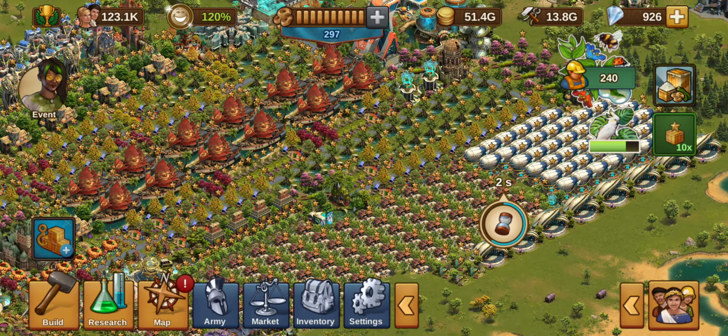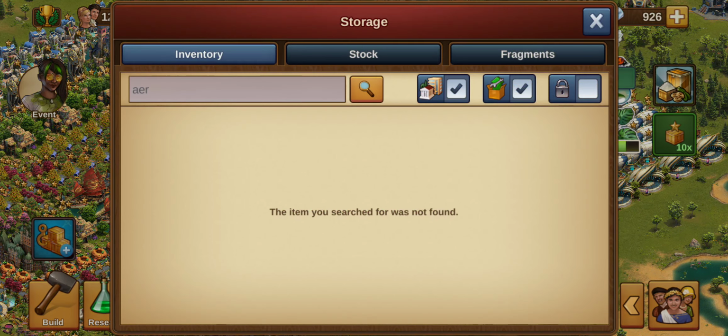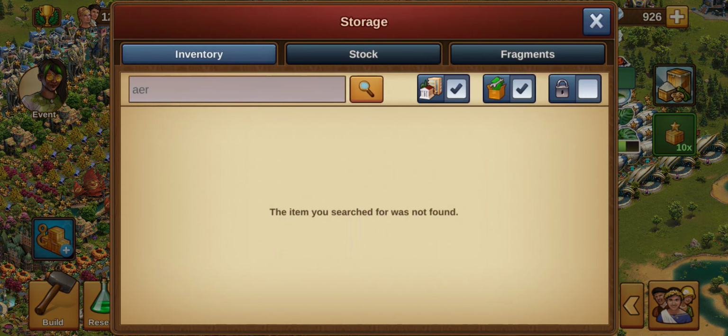So, finish special kits. Jesters are extremely underrated, in my opinion. It's 35 goods. There's no red stats on it. It's just blue stats. No forge points. Okay. 10 Jester stages are equivalent to one finish special. So, on paper, this does not provide forge points, correct? It's 35 goods, boost fragments, and some blueprints. That's it. Right. But in reality,